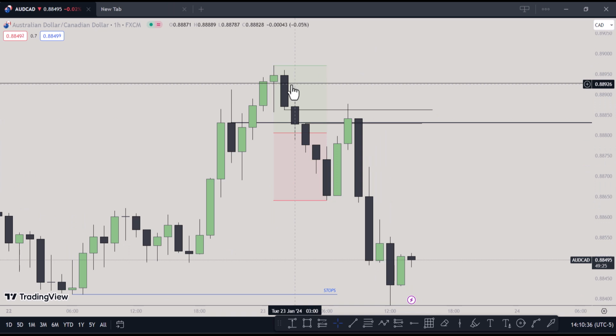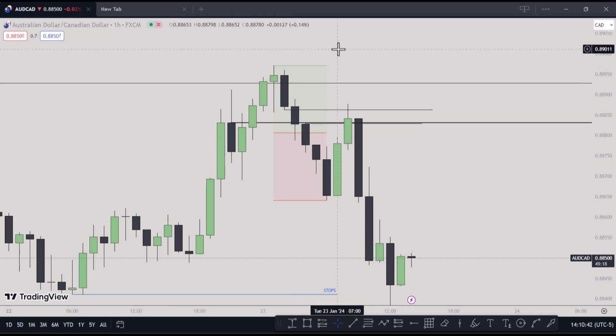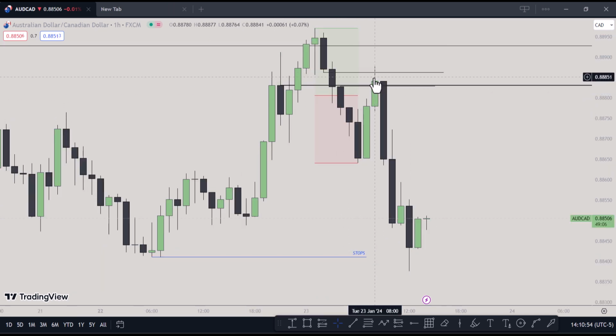I like to use them both to confirm my bias. If there is only the 1 hour, that's all right. But as you can see here, we have high probability because both the 4-hour and the 1 hour are pointing lower. All right, so after price retraced to that fair value gap, ask yourself, do we have a reason to